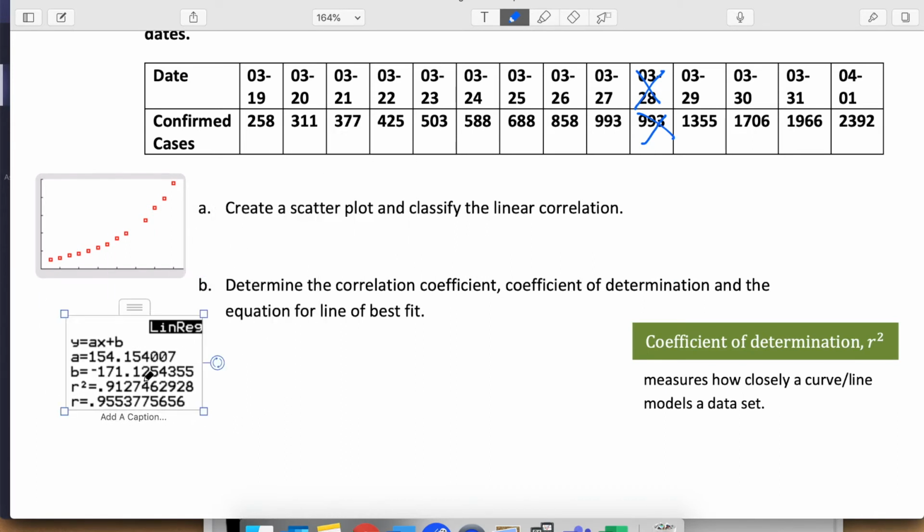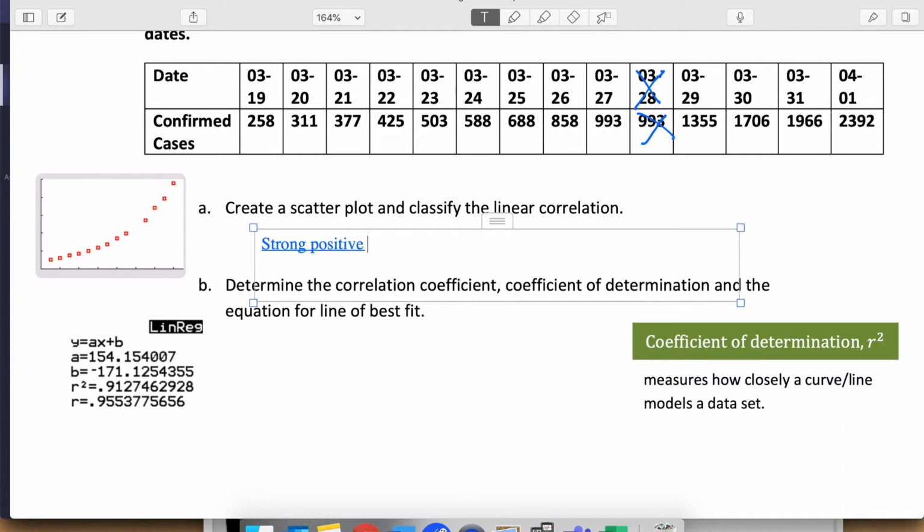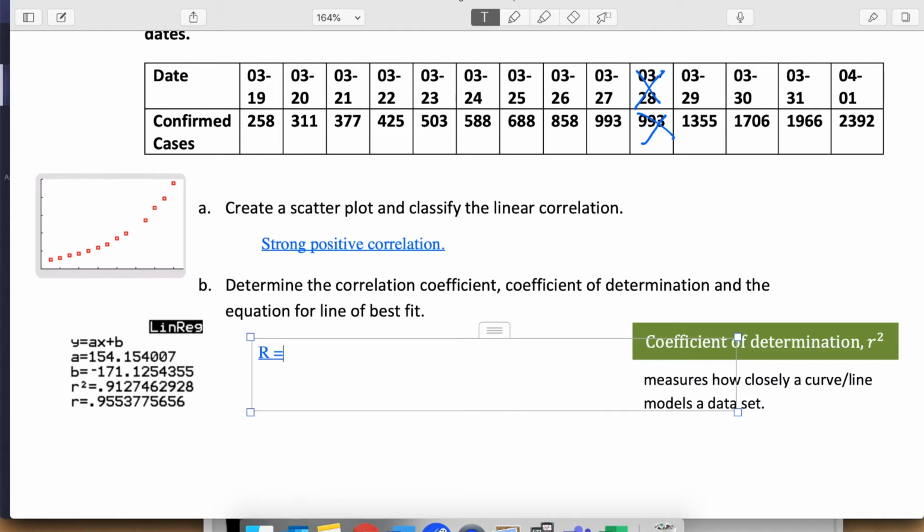Get that. And so it says classify the linear correlation. So I'm going to answer that here. So if you look at here, my R value is 0.955. That's a pretty strong positive correlation, although linear. So it says determine the correlation coefficient. So that's that value. So R equals, little r equals 0.9,